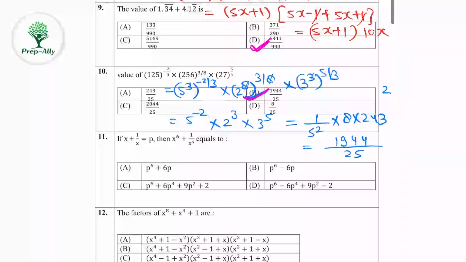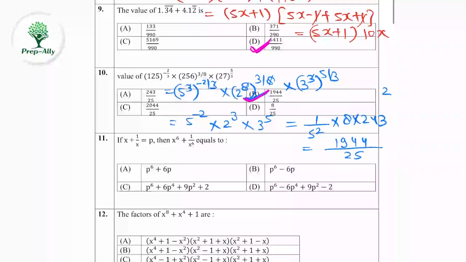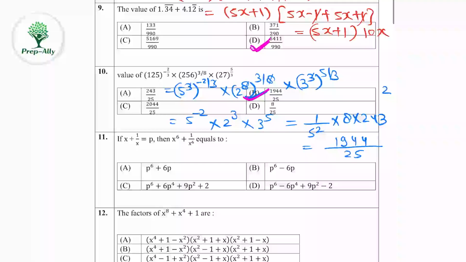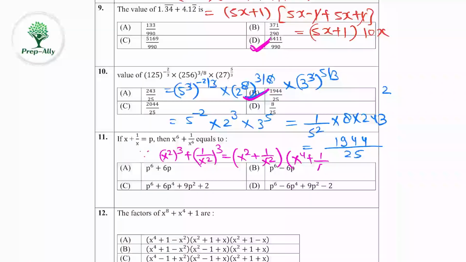Now the question number 11, x plus 1 by x is equal to p, then x raised to power 6 plus 1 by x raised to power 6 is equal to. So here we can write x raised to power 6 as x square raised to power 3 plus 1 upon x square raised to power 3. So by using the formula of a cube plus b cube, we can write here a plus b, a square plus b square